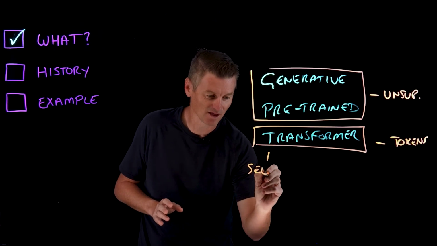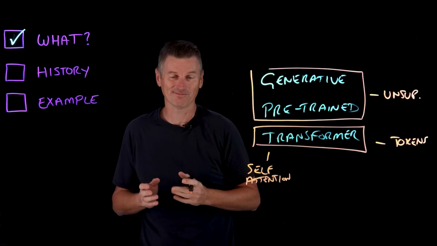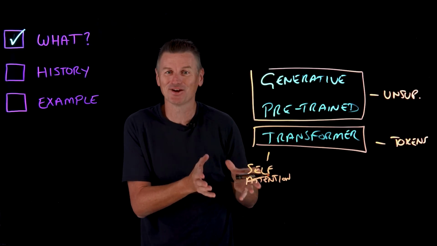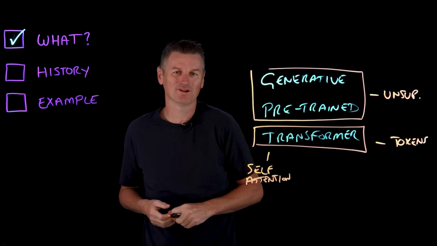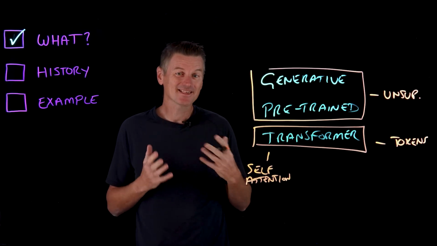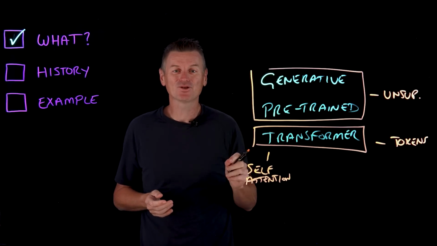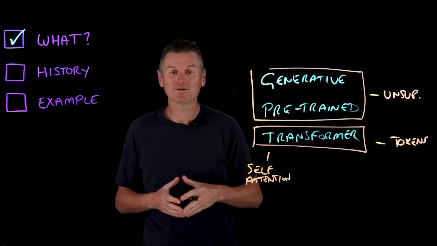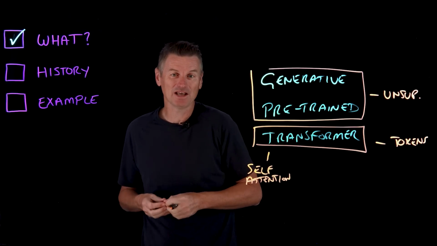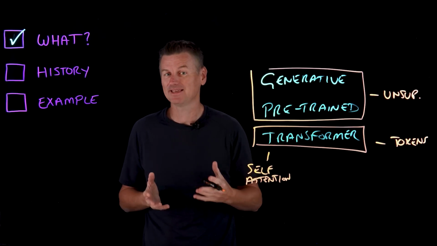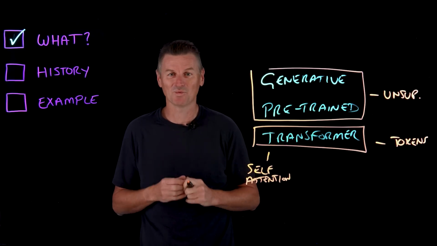Let's start with self-attention. So what is a self-attention mechanism? Well, it's really the signature feature of transformers, the secret sauce, if you like. Older models like recurrent neural networks or convolutional neural networks assess input data sequentially or hierarchically, but transformers can self-direct their attention to the most important tokens in the input sequence, no matter where they are. They allow the model to evaluate each word's significance within the context of the complete input sequence, making it possible for the model to understand linkages and dependencies between words.